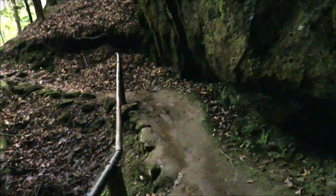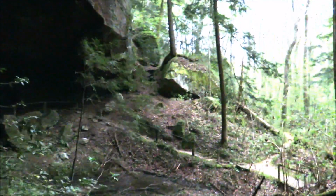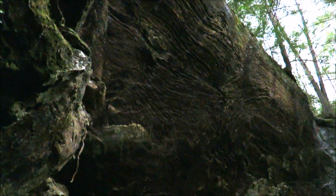Yeah, it's pretty interesting here. Jump over this water, mud puddle, fallen timbers, and again, now we're on the other side of this other cave. And I don't know how many of these caves and cavern-like things there are here at this park. But again, I don't know if you can see the detail, but it just swirls and it looks just